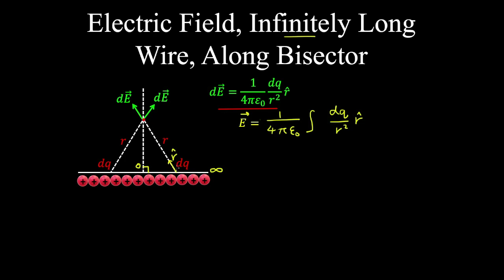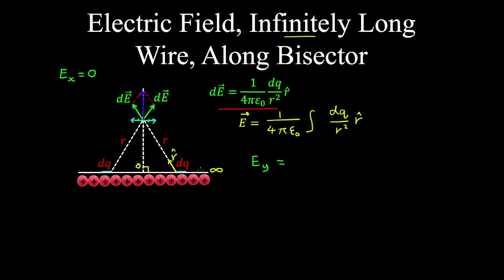because we can see that the electric field, due to the differential charge on one side of the bisector, is going to cancel the electric field due to the differential charge along the other side of the bisector in the horizontal direction. So basically we resolve this differential electric field in the horizontal and vertical directions. So in other words, in the horizontal direction, these vectors are going to cancel, and therefore the electric field is 0. And in the vertical direction,